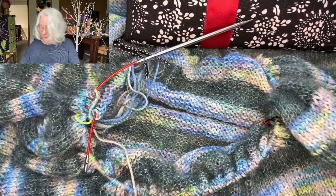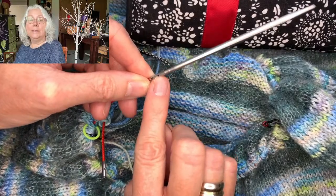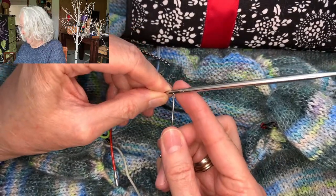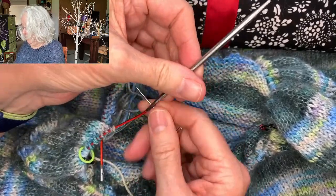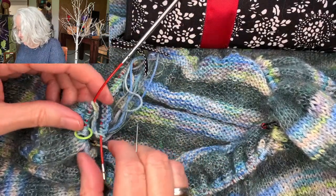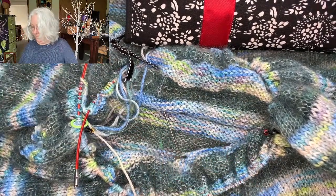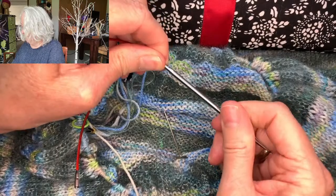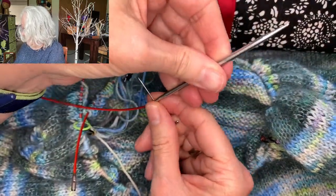I can't pick up the T-pin. There we go. So there's the little hole right here. I'm so happy that I've got this picture-in-picture set up now. Okay, and then you just hold this and just tighten, which usually lasts pretty well for a pretty long time, and then maybe it needs to be tightened again. I like that the screwy ones...